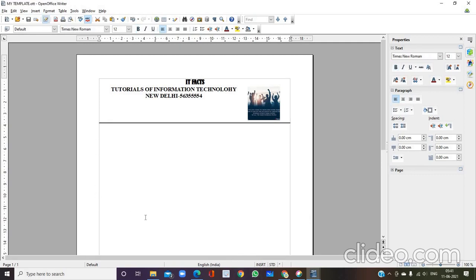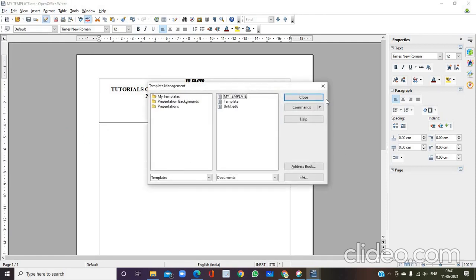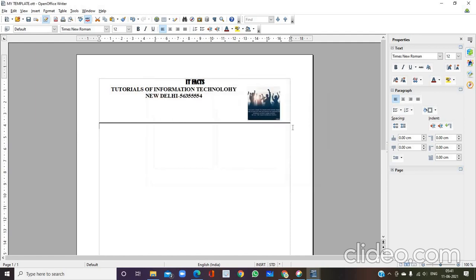In order to edit a template, click on File, Templates, click on Organize. Select your template, that is my template. Click on Edit. Here you can edit. For example, I want to write welcome here. Just save it.